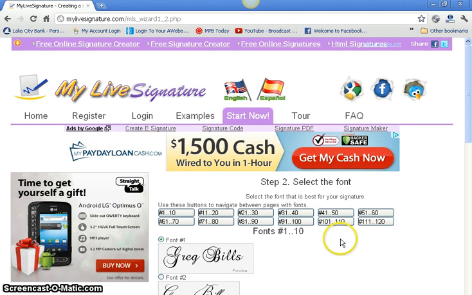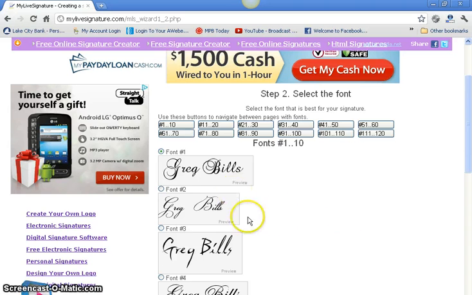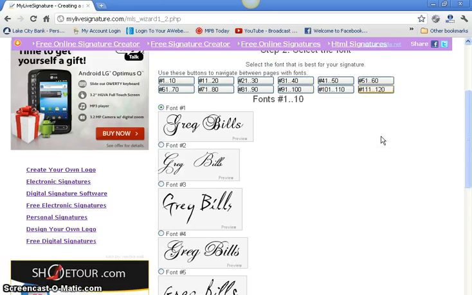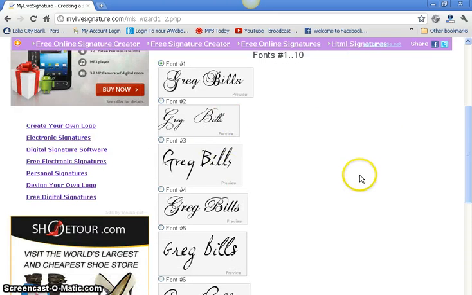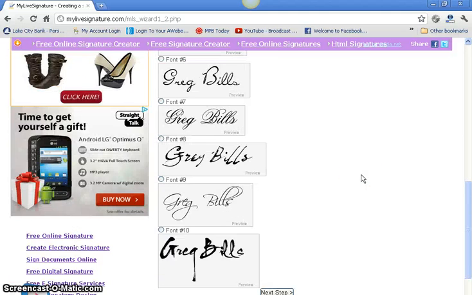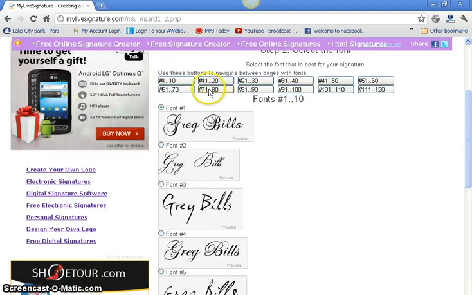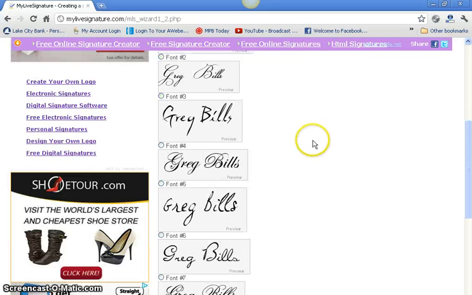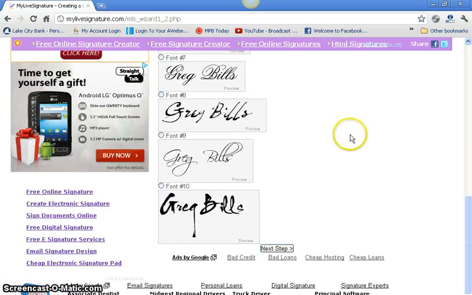Here you're going to be brought to fonts, and you're going to be able to pick the font that you like. As you see, there's 120 fonts here to choose from. If you scroll down through this page, you don't find a font that you like, you can just come up here and click on the next category of fonts, and so on and so forth until you find something you like. Once you've found something you like, you're just going to click onto it, come down here to the bottom, click next step,